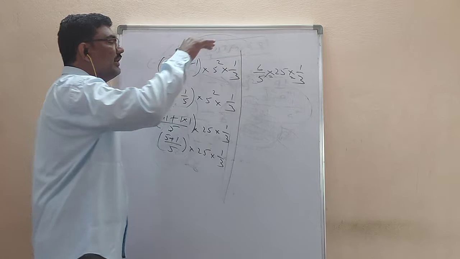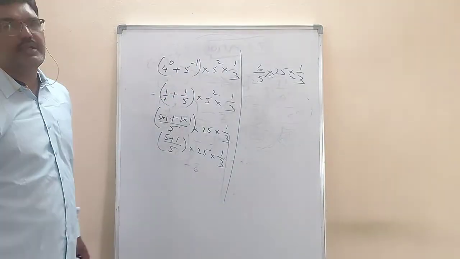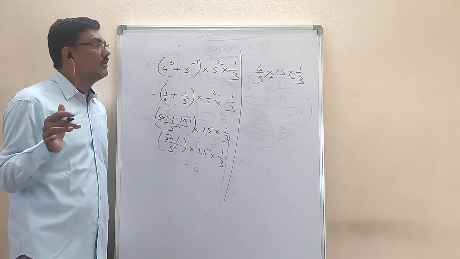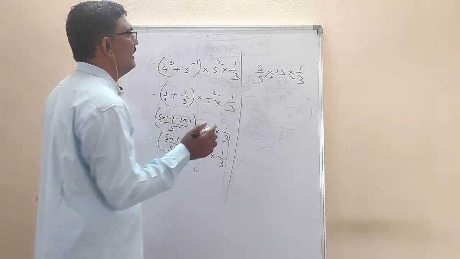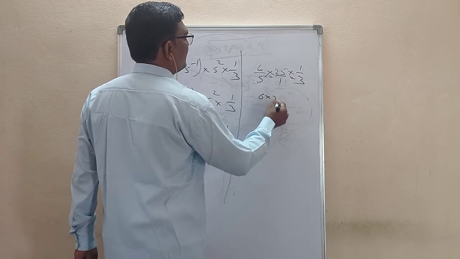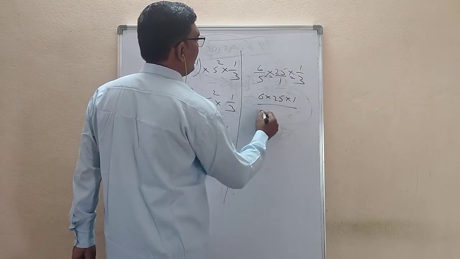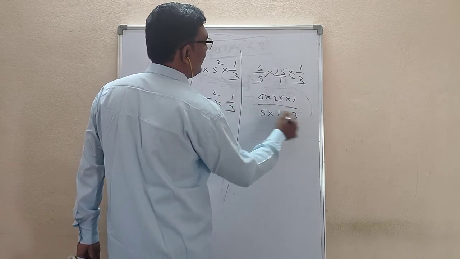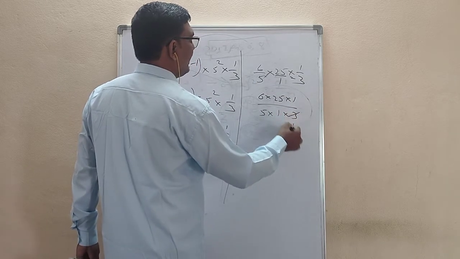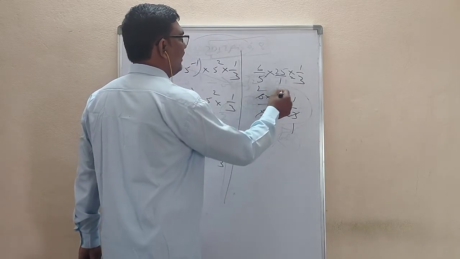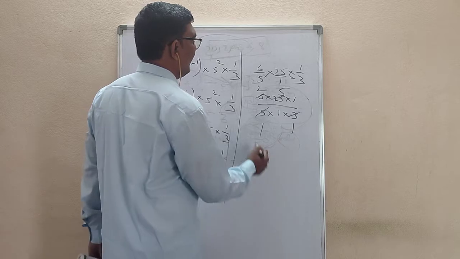Then if the denominator and numerator go in the same table, you can cancel those numbers. So here 25 can be written as 25 by 1. You are getting 6 into 25 into 1 in the numerator, 5 into 1 into 3 in the denominator. If you read the 3 table, you are getting 6, 2 times it will go. If you read the 5 table, you are getting 25, 5 times.